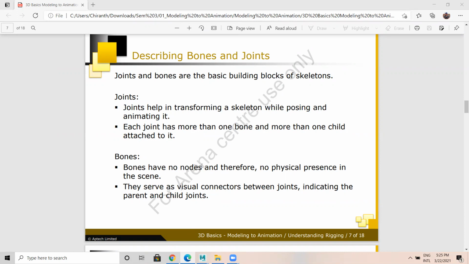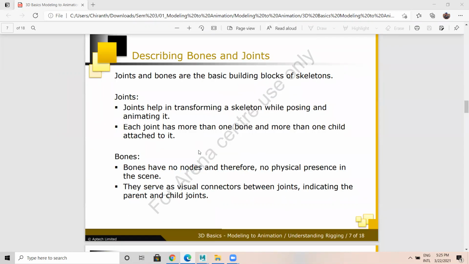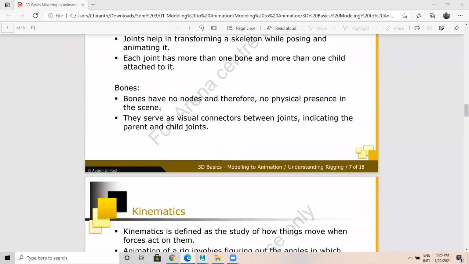Example is this. Each joint has more than one bone or one extra bone or joint attached to it. Now bones. Bones have no nodes and therefore no physical presence in the scene. They serve as visual connectors between joints, indicating the parent and child joints.